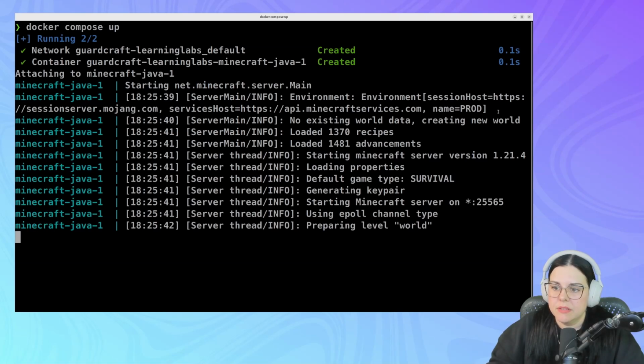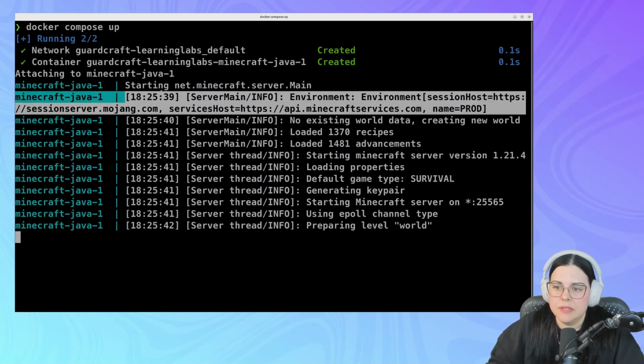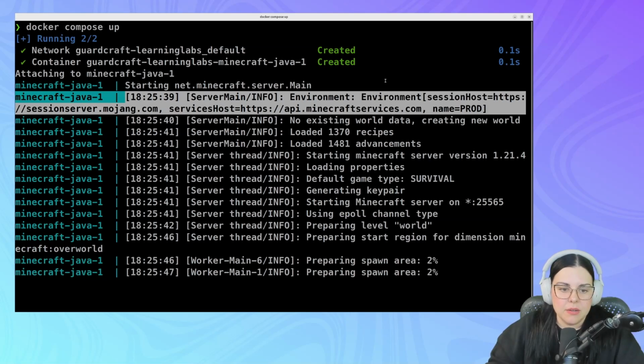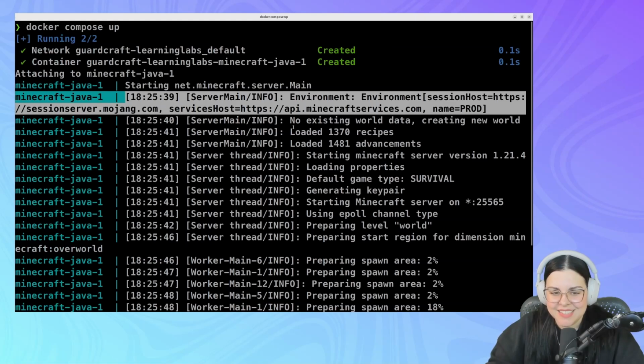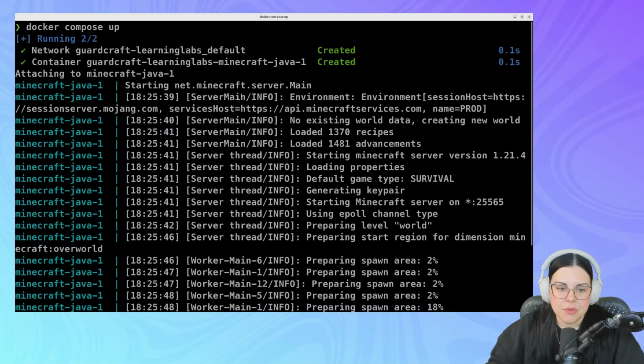So this is because by default worlds are online, which means that it's not a bad thing, really. This is a security measure. It means that users will have to authenticate with Mojang before joining this world. They cannot have like random anonymous users joining, which is a good security measure. And this is by default like that. You can turn your world like offline, but then you will allow anyone to join without an account. So